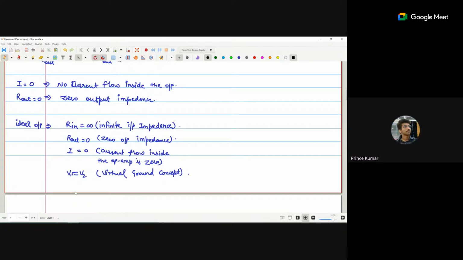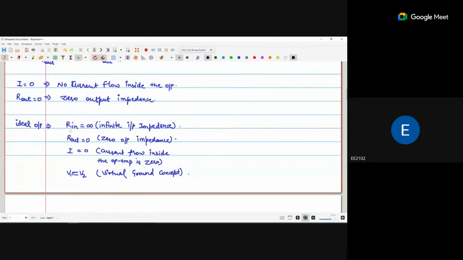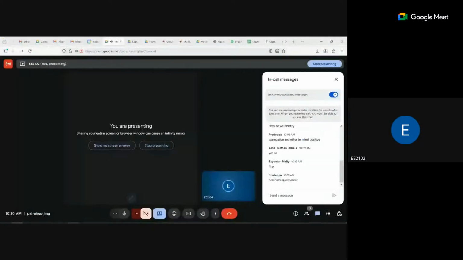Sorry, sir, to interrupt you. I am asking about the closed loop system, not the open loop system. Okay, I will tell that also. So the initial condition is that Rin is infinite. Now, if we go with the closed loop part,